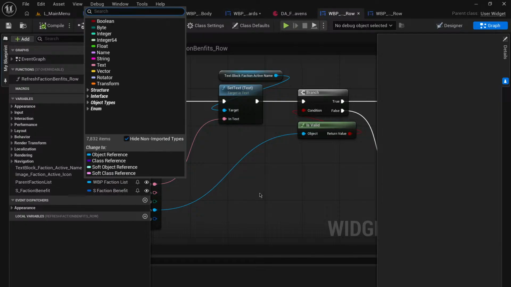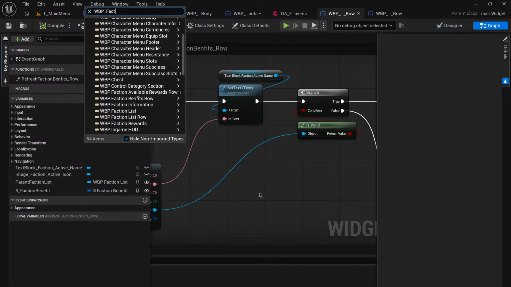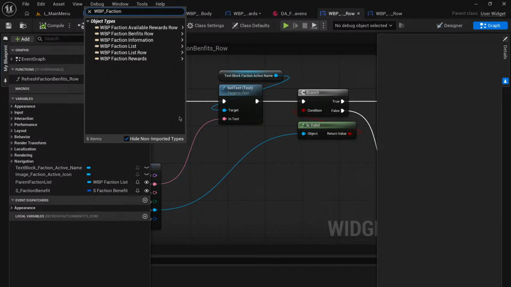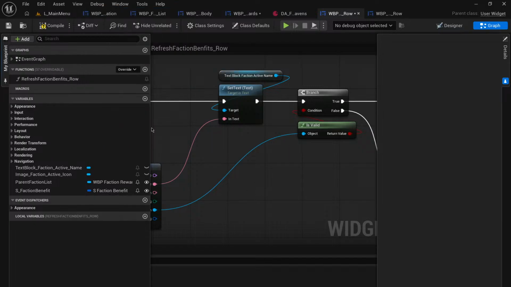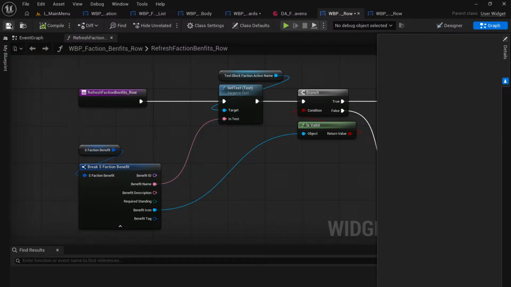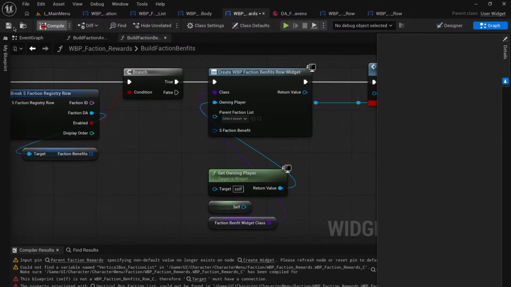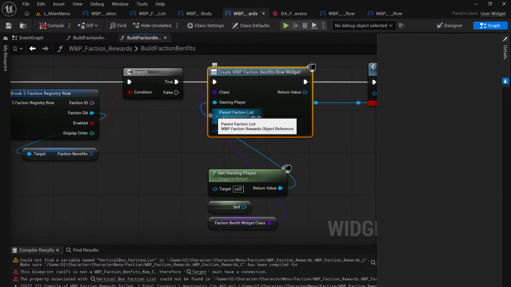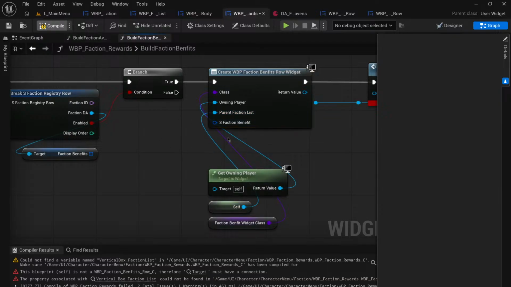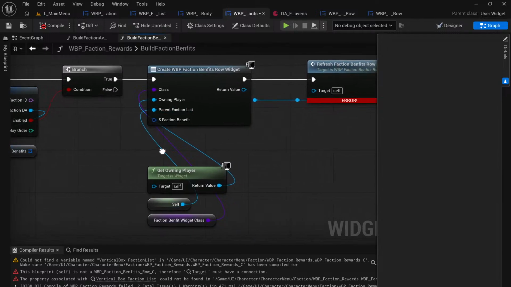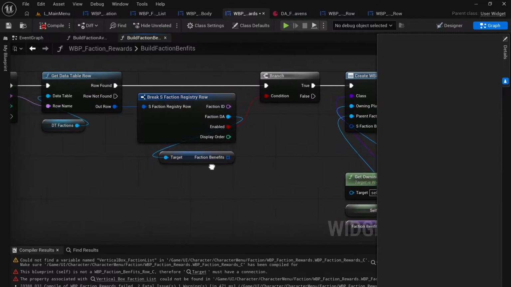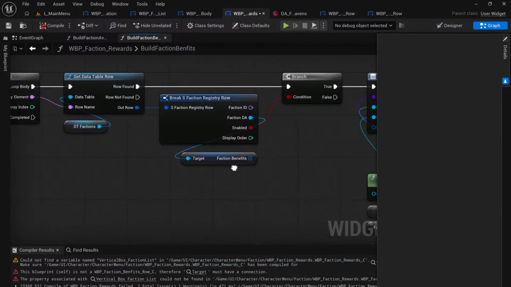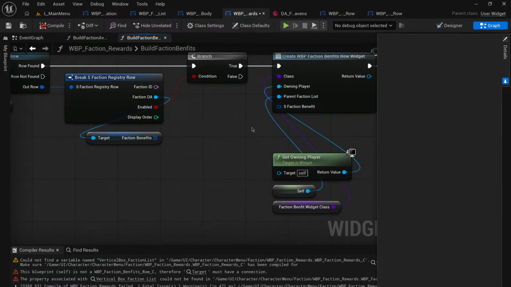Yeah, that's right, because it's not WBP fraction rewards. That part's working now. Now,